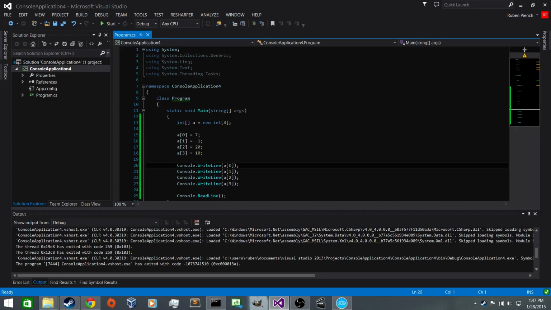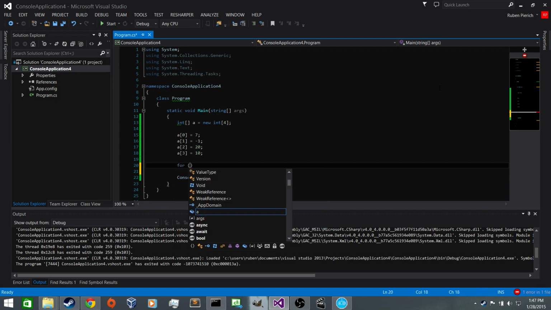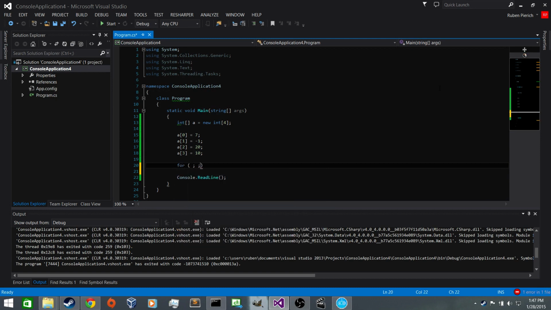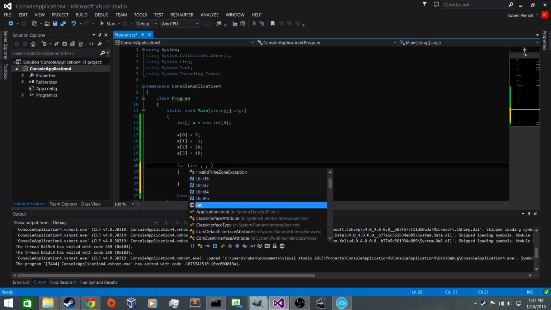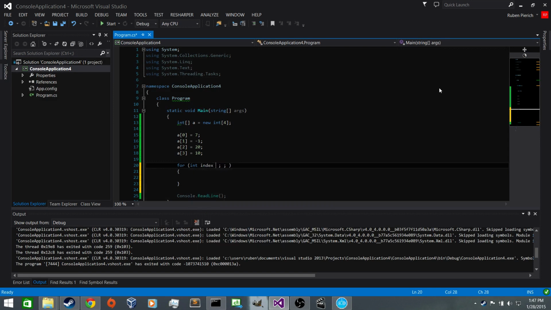Let's delete these. You can hold down Shift, press down, and it'll highlight these, and then just hit backspace to delete them. But let's do a for loop to print these out. So we'll do for. We have our 2 semicolons, and we have the body of the for loop. In the last video we talked about the for loop. The first thing that we put in the for loop is the initialization. So we create a new variable int called index, and we set it to 0